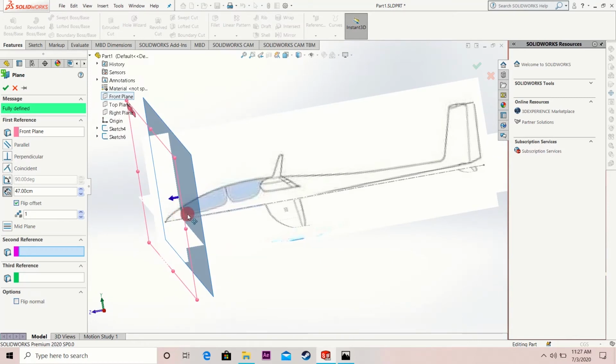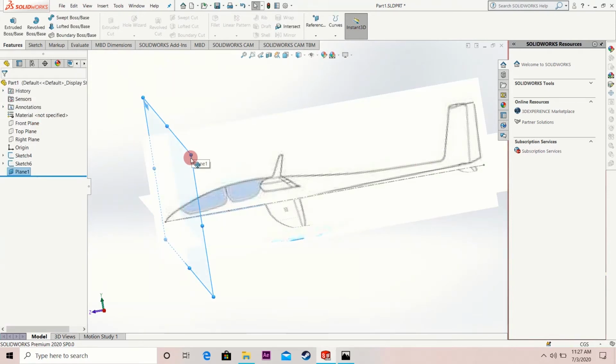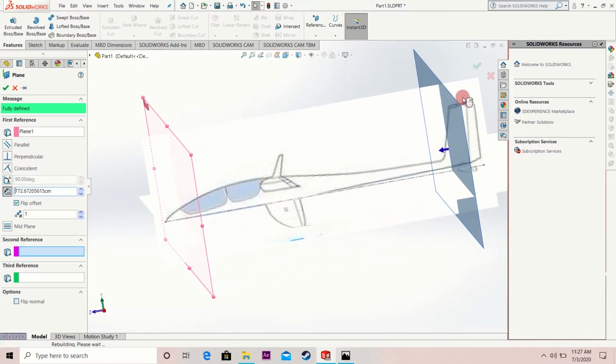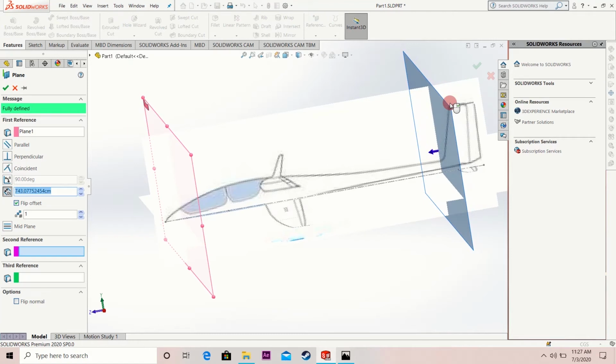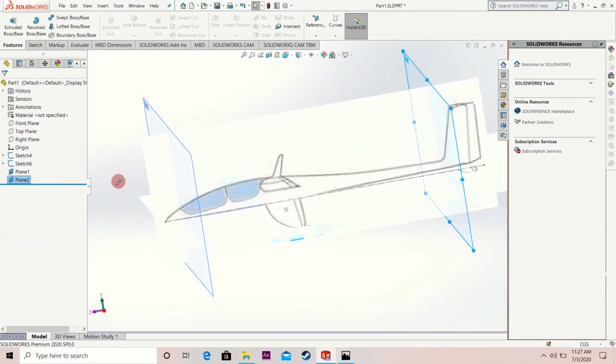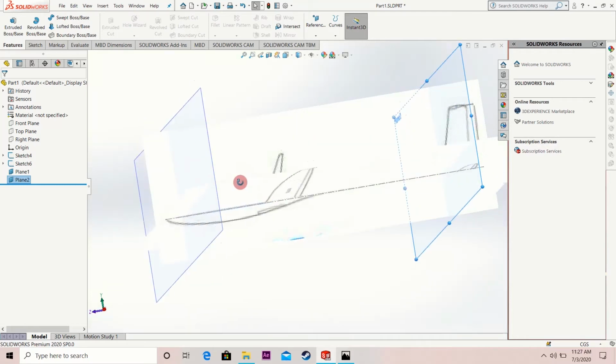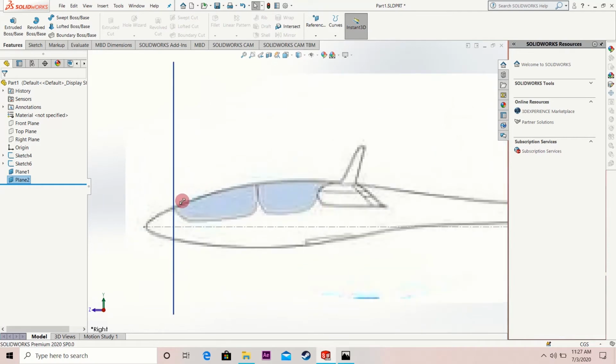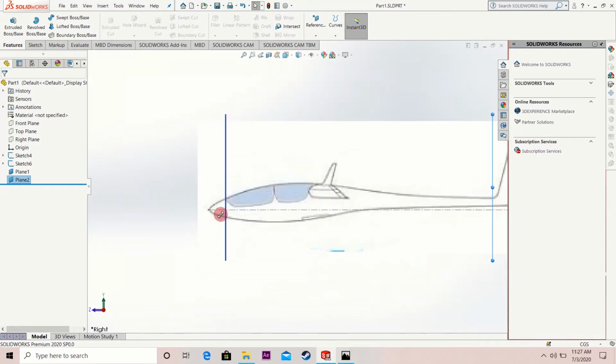Now we have a plane over here and we need a plane again over here, right? So I will just hold on control and drag this plane. Okay, that's it, and click on OK. Now first we will trace this outer outline, this top one and the bottom one. Okay, for this I will use a spline. Okay, so select the right plane